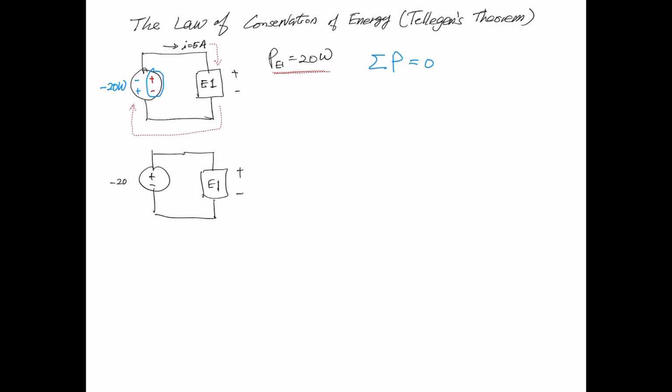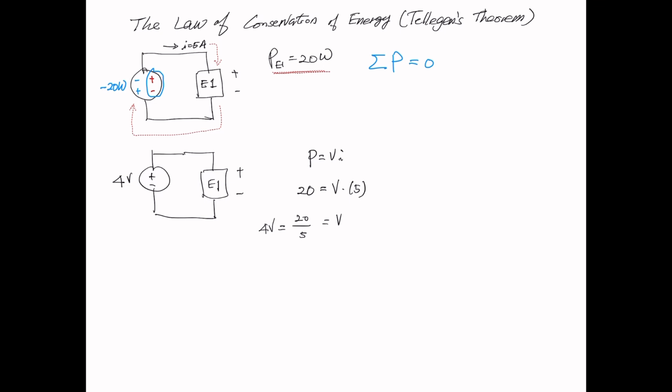and this is negative 20. If you want to calculate the voltage in here, we know P equals VI, and we know P is 20. I is 5, so V equals 20 over 5, which is 4 volts. So this is 4 volts. As you can see, we don't write this as a negative 4 volts. Power can be calculated by multiplying V times I,